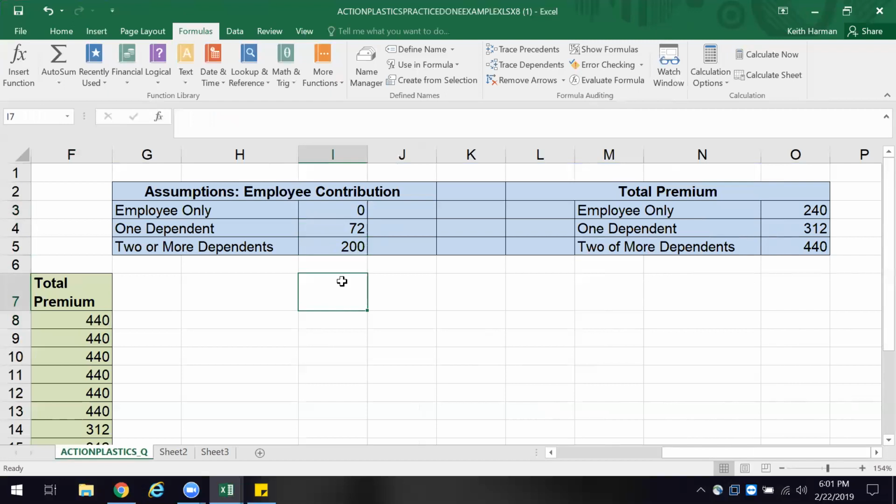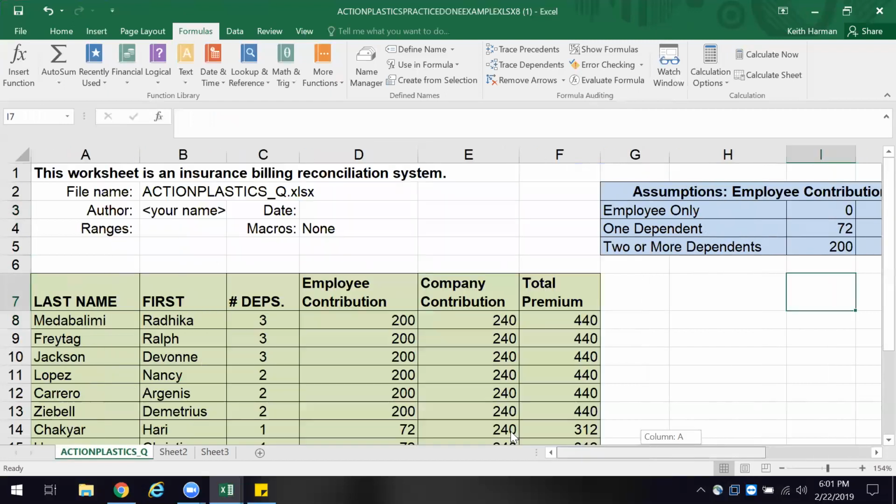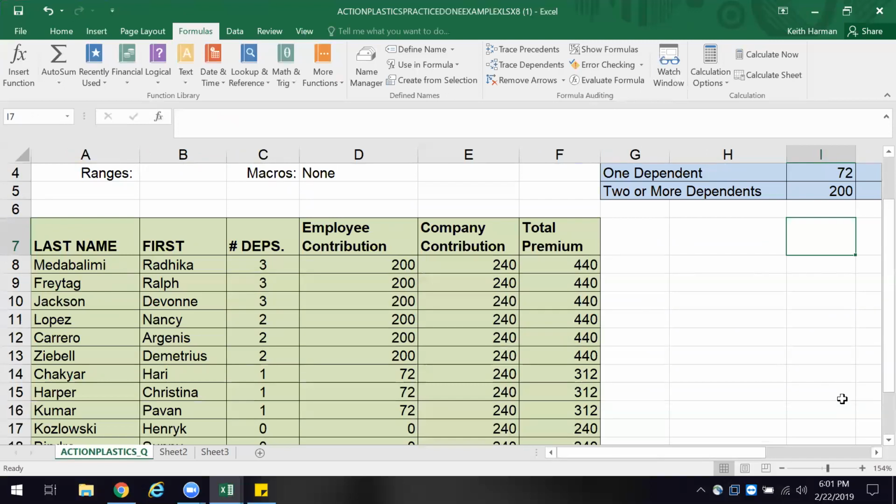Then if the total premium changes, you can go from there. Now, I'm not sure what else I could do because I have a fairly short list of people here. Now, if I were that concerned about it, okay, I could do, let's say I have 1,000 employees and somebody says,